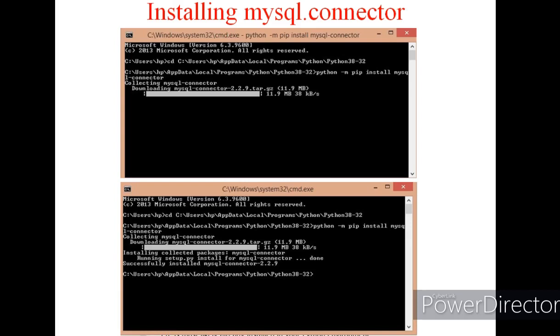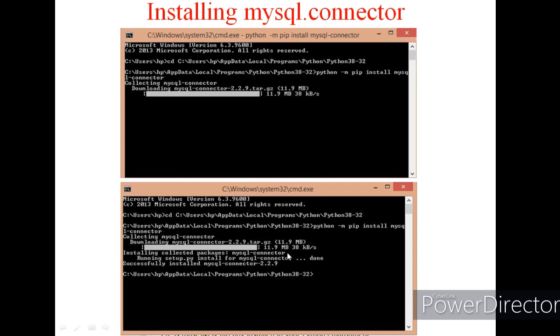Okay, so here you can see the process of installation of MySQL.connector. Now you should give at the command prompt python -m pip install mysql-connector and press enter, and the MySQL-connector device driver is getting downloaded and it will be installed.